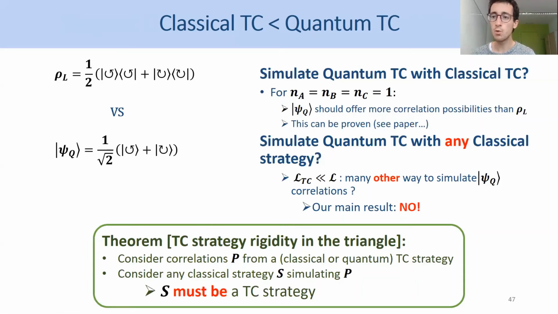So there is a unique way to classically simulate token counting strategy, which is to use classical token counting strategy. And when you know this theorem, it becomes clear that it is not easily possible to simulate quantum token counting strategy, because, because of this theorem, you must use classical token counting strategy. And it is quite clear that then it is hard to simulate this using that. This is what we explain in our paper, and I don't have time to go into the details.